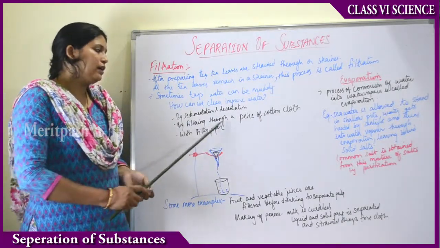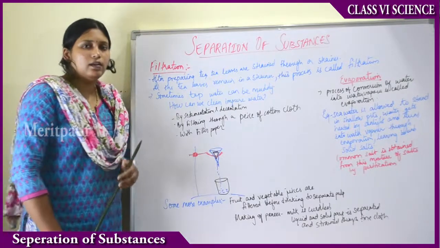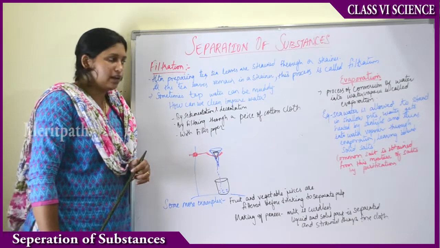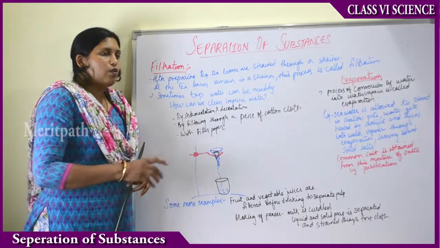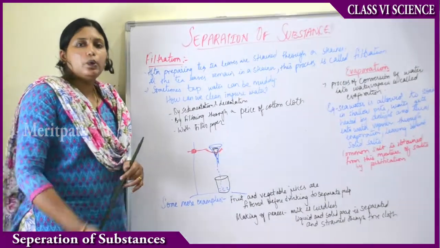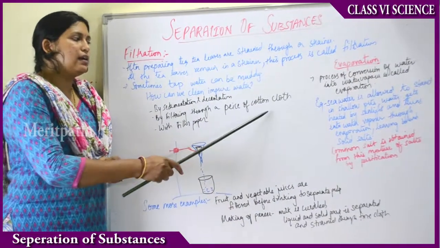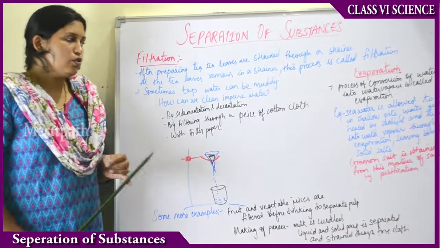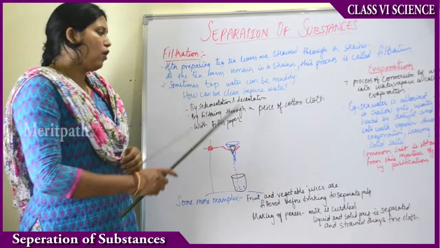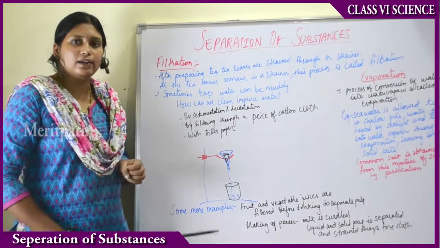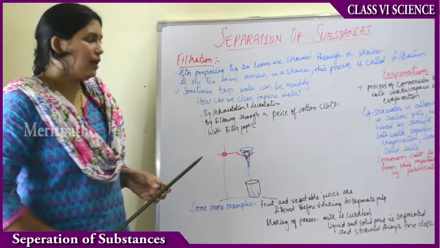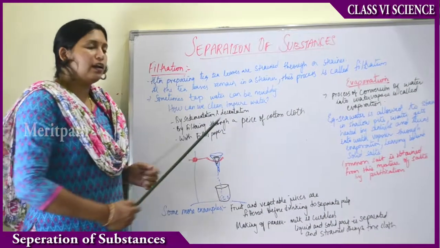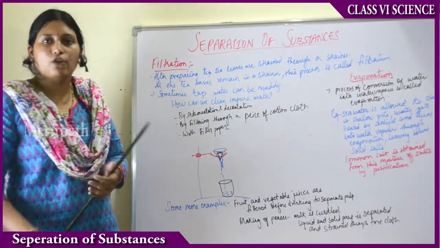How? By filtering through a piece of cotton cloth. Take a small cotton cloth. Usually cotton cloth has fine holes inside. Then pour this water through the cotton cloth into another glass. So this cotton cloth acts like a strainer. So the water you have got after sedimentation and decantation, take it in a glass and strain it through a piece of cotton cloth into another glass. Then further filtration will happen, and the water will become somewhat cleaner.